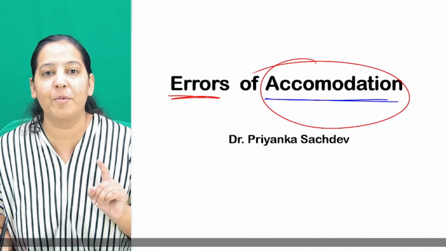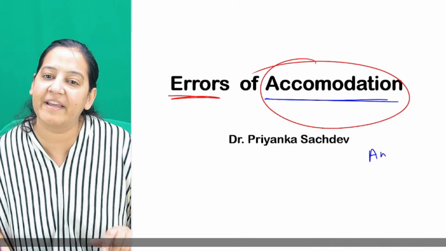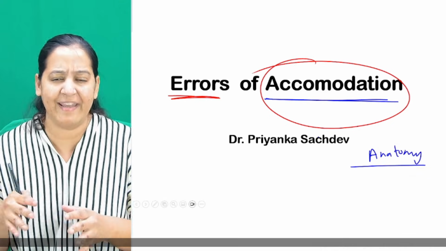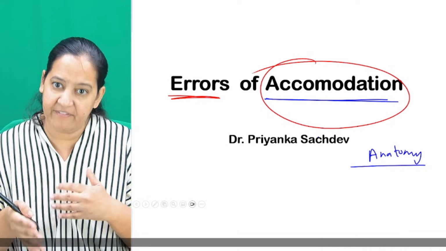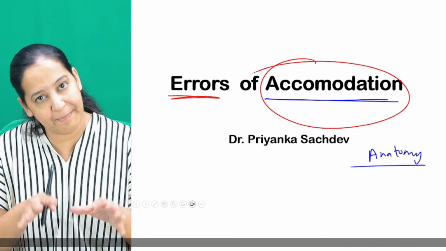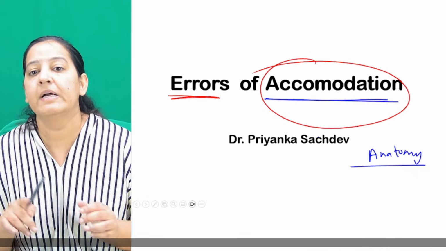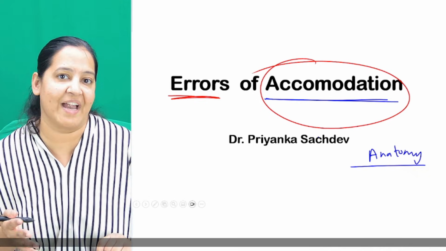Before I start even accommodation, it's necessary to see a little bit regarding the anatomy of the eye. I've skipped this chapter, anatomy of eye. I will take it on some day in detail, but whatever anatomy is applicable, I will teach you that anatomy. And I will compile all and take one session also in the end, don't worry. So anatomy is important here to understand the accommodation.